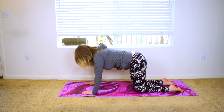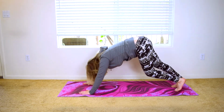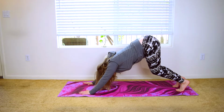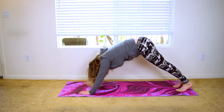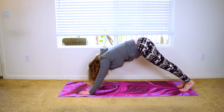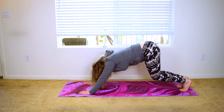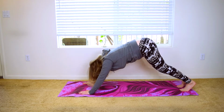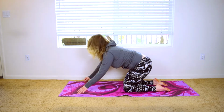My back is very tight, I can tell. I just got really tight feeling when I came out of that. And up to downward dog. And I have bent legs because I'm not too good at doing straight-legged. Well, I can do it, but it makes the back of my legs very tight feeling. Okay. Down to the knees. Alright, and once you're back down to all fours, let's do pigeon pose